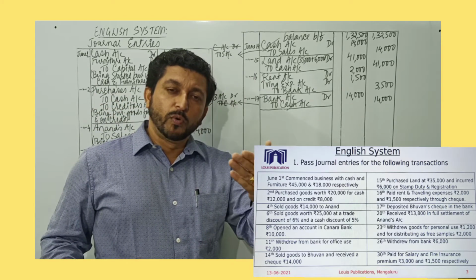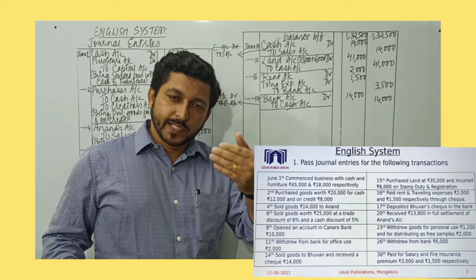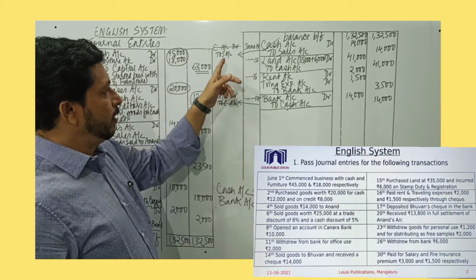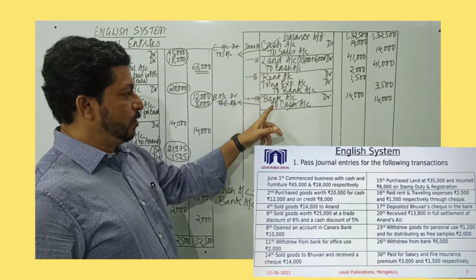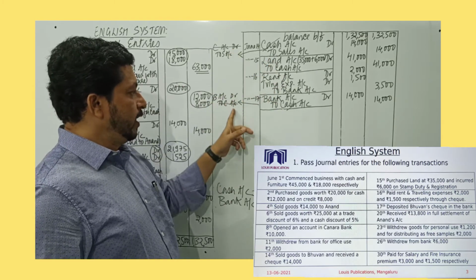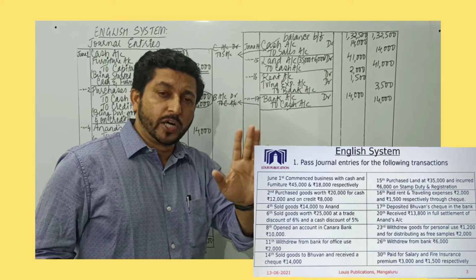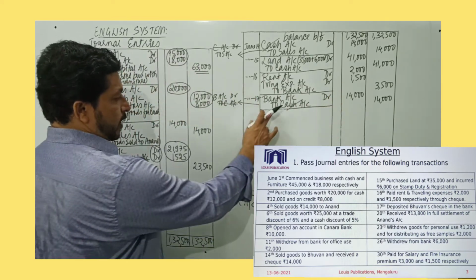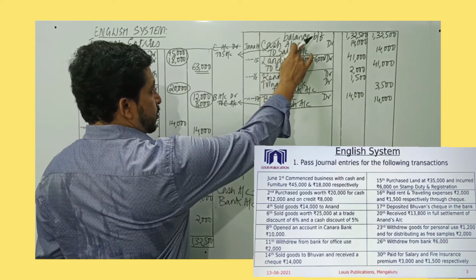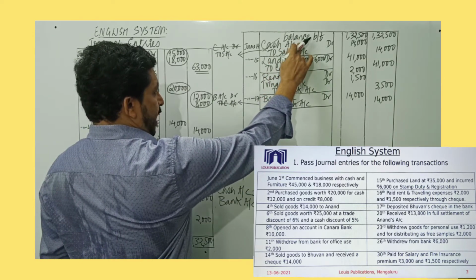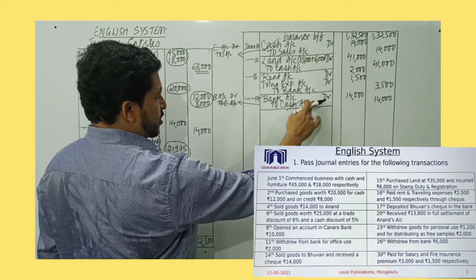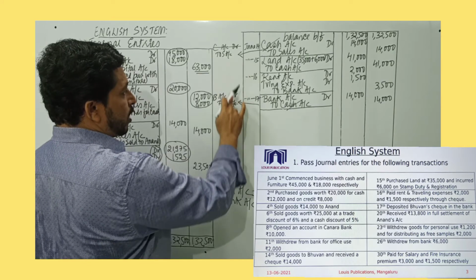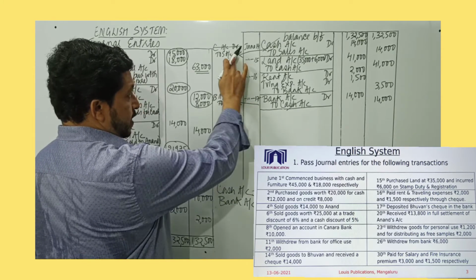If we have sold goods to Bhuvan and received a check, business's bank is receiving the money, goods are going out. The direct entry would have been bank account debited to sales account, which we are now getting. So here, cash account and cash account automatically get cancelled. We don't have to cancel. When we write it in the account, it cancels itself. When a check is received on one day, we treat it as if cash is received. And the same check is deposited on another day, we assume cash is deposited in the bank. And the ultimate outcome of those actions is this.